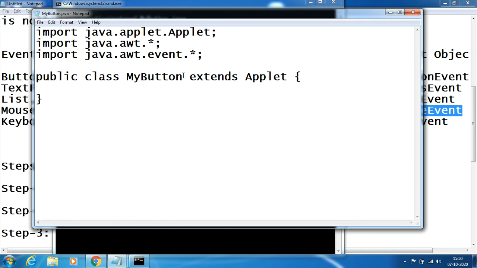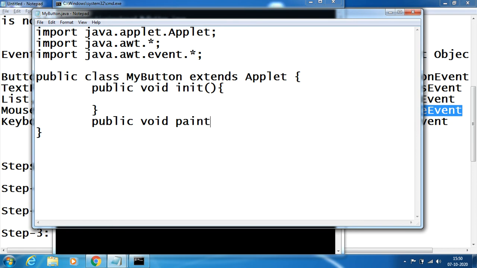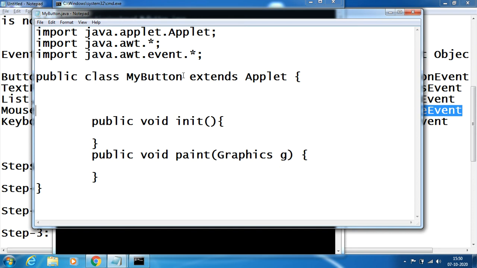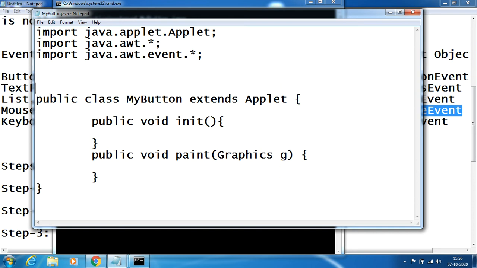Okay, now same logic. First primary thing is public void init. It's a default kind of thing. Again public void paint, graphics g, again default thing, and I have to give the applet code.